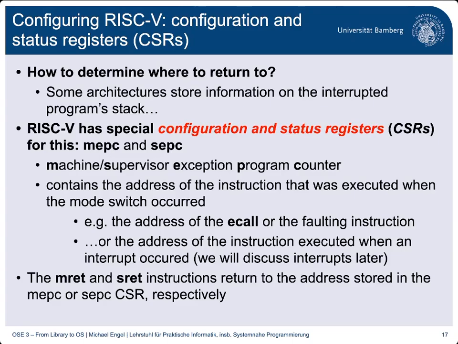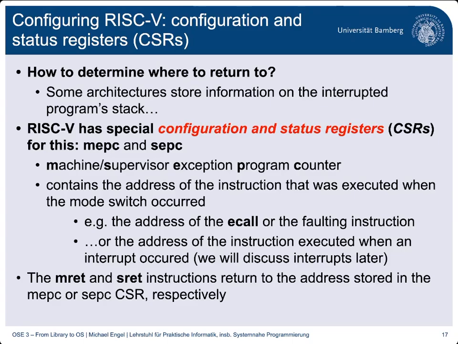RISC-V, as we've seen, has the special CSRs, MEPC, SEPC, and we can automatically jump back, as we've seen before, to the address of the eCall or the address of an instruction like the division by 0, which causes the fault. Now, compared to a regular JALR, which actually jumps back to the following instruction after the JALR,